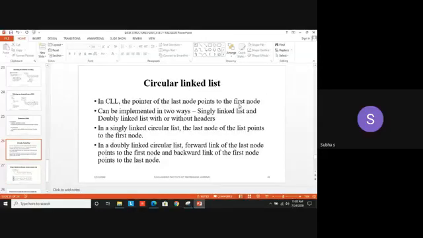I assume that you have 3 elements, 10 pointing to 20, 20 pointing to 30. So your 30 is your last node. But in circular linked list, if 30 is connected to 10, it becomes a circle. That representation is called a circular linked list. That is the first point I have mentioned. The pointer of the last node is pointing to whom? Pointing to the first node. It means that there won't be any null node at all.